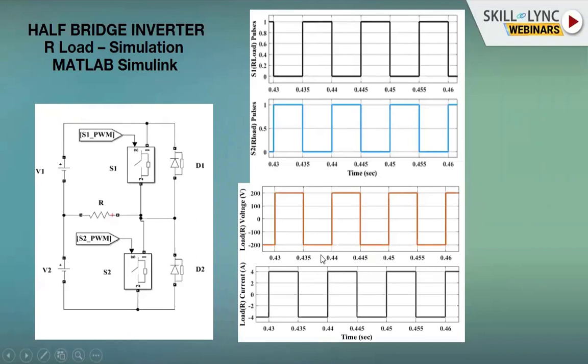And you can see over here on the right hand side, the pulses of S1 and S2. S2 is there at the starting, which is the blue color waveform, followed by S1. Whenever S2 is on, the load voltage is positive. You can just see over here, whatever is seen here is positive. This is the zero line, the origin line. The origin line for S2 is here and the origin line for S1 is here. So when your S1 is on, you can see that the output voltage is negative.